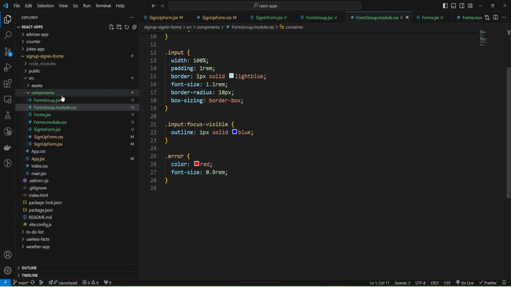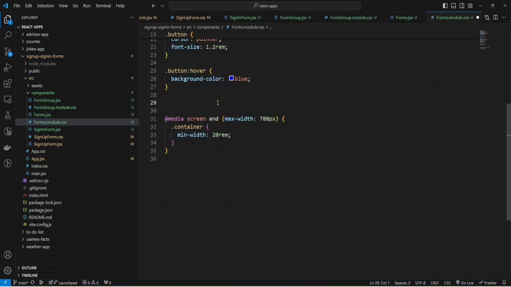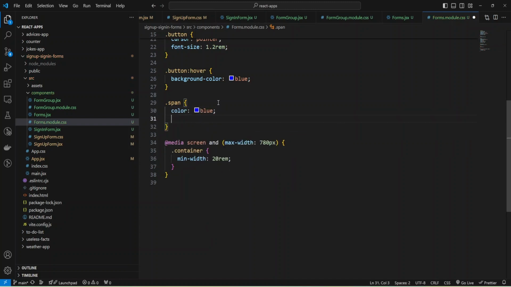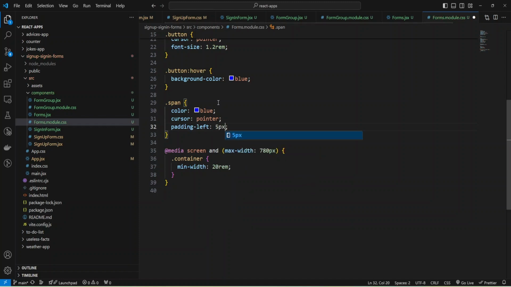For that, I'm going to add styles to our forms module and provide class name span, and styles will be color blue, and also we need cursor pointer, and also padding left 5 pixels.